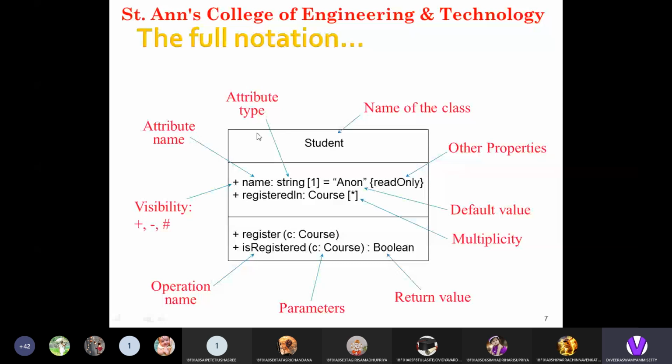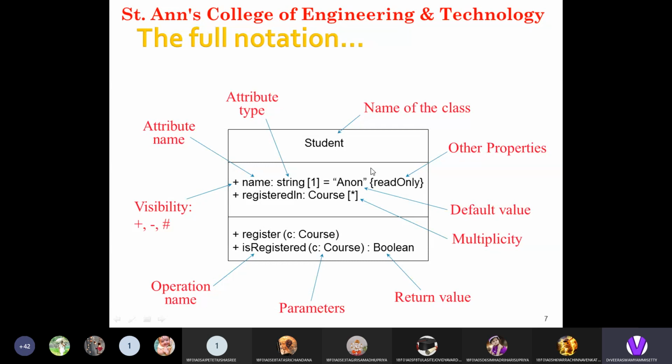Then, followed by the attribute name. The name has visibility as public, the attribute name, followed by the attribute type. The attribute type is the data type you have to define for the particular attribute, for example string, equal to, and if you want to define a default value, place the default value. Then followed by other properties like read only, write only. So a single attribute consists of visibility, attribute name, attribute type, default value, and other properties. These are the five different things in the attributes of the class.